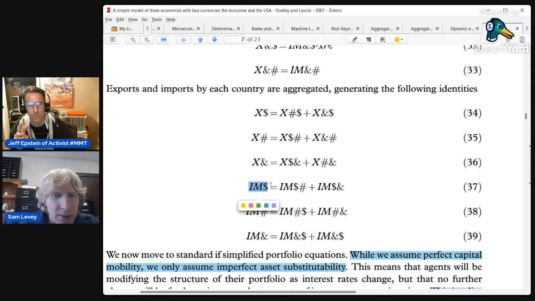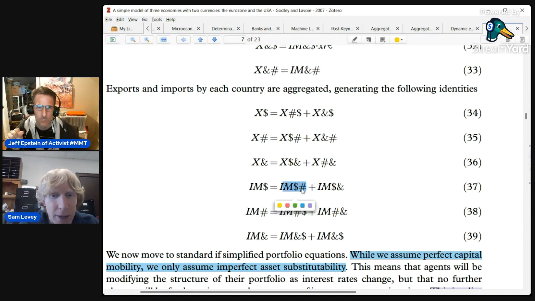The US imports, we're counting now all of the imports. It's going to include the imports from the hashtag country, and the imports from the ampersand country. So this is saying the US bought stuff from abroad, and they bought it from two different places. Got it. I understand that. Yep, that's it. So, the switching of the point of view, how do you know?